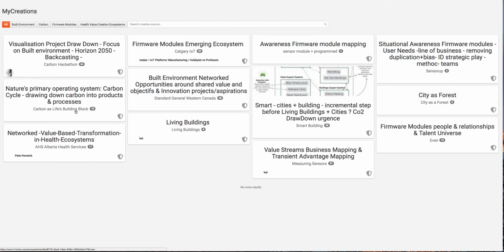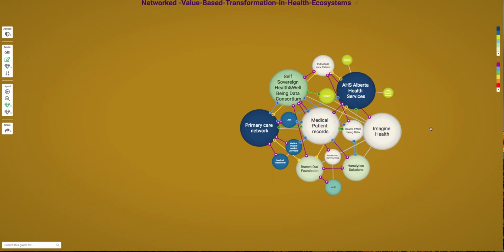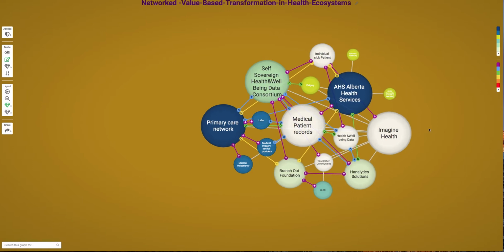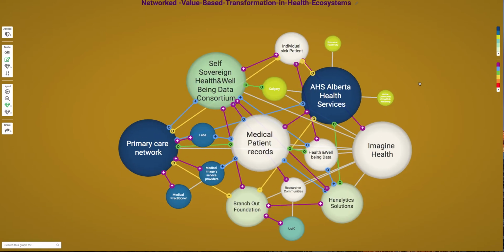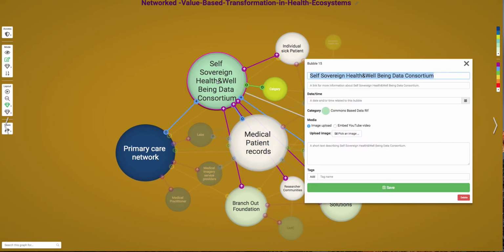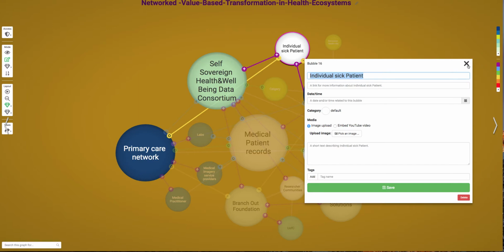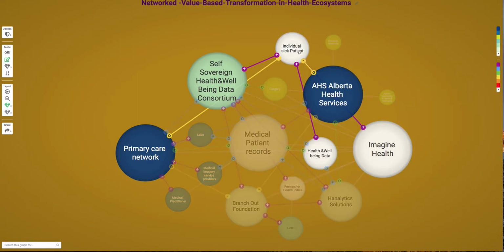I'll quickly show you another one, one of my first ones too, which I really liked. I call it a network and value-based health ecosystem, in inverted commas. There is a grassroots movement, and they need to search for different ways of getting access to data or a blockchain solution. So this allows me to visualize, and as I said, I like the new curation mode where I can just